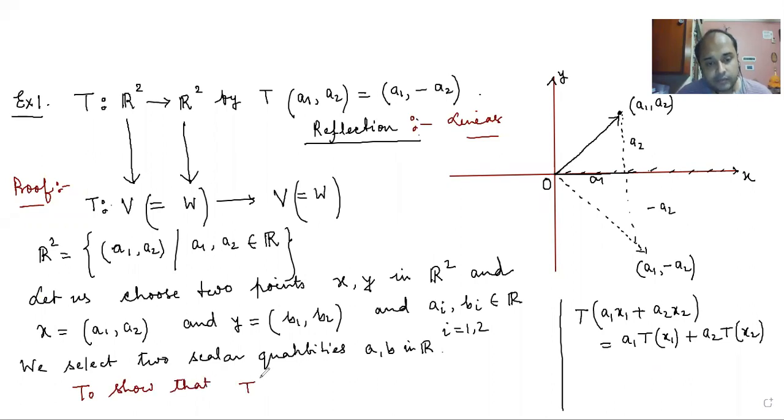I am going to show that T of ax plus by is equal to a into T(x) plus b into T(y). If I can show this, our job will be done. Okay, so let us write it. Left hand side is